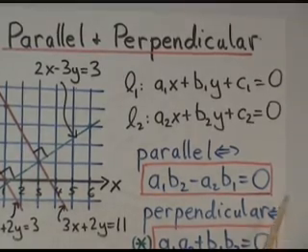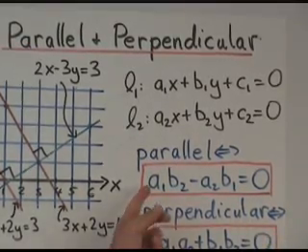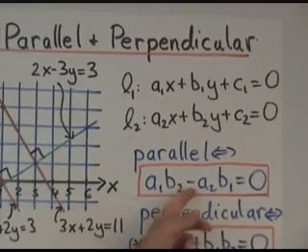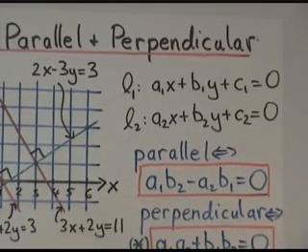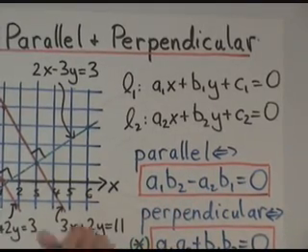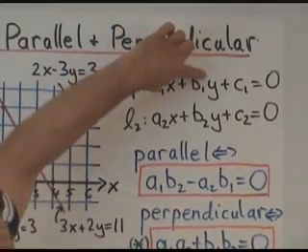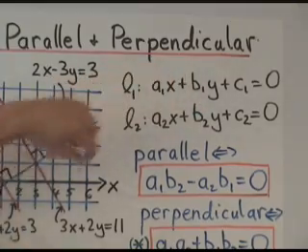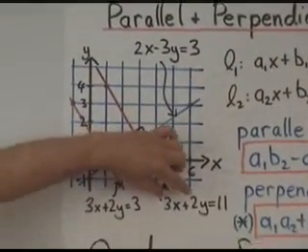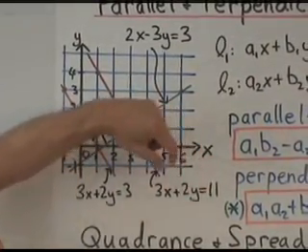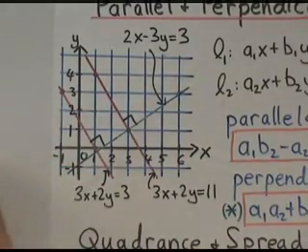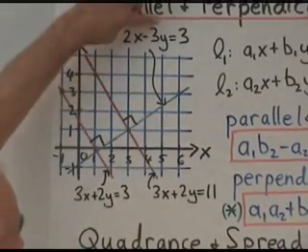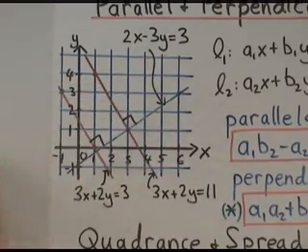It means exactly this. That a1 times b2 minus a2 times b1 equals 0. Another way of saying that is that the ratio between this and this equals the ratio between this and this. So for example, 3 to 2 equals 3 to 2. Pretty simple example in this case. So these two lines are parallel. But 3 over 2 does not equal 2 over minus 3, so those lines are not parallel.